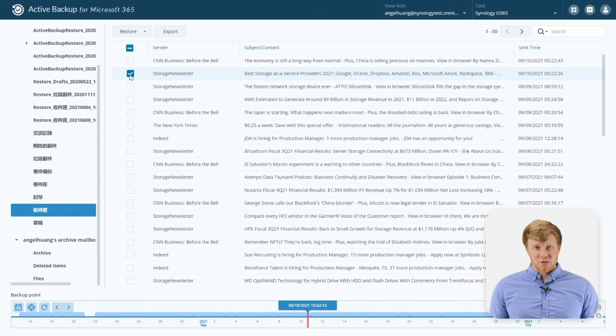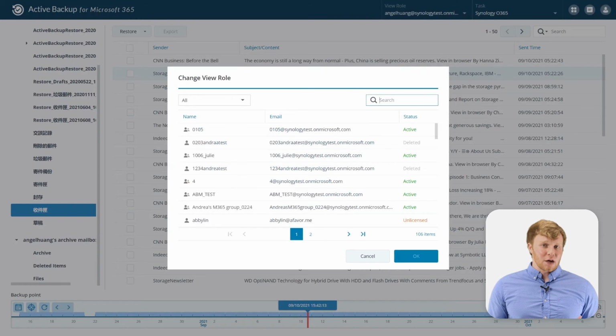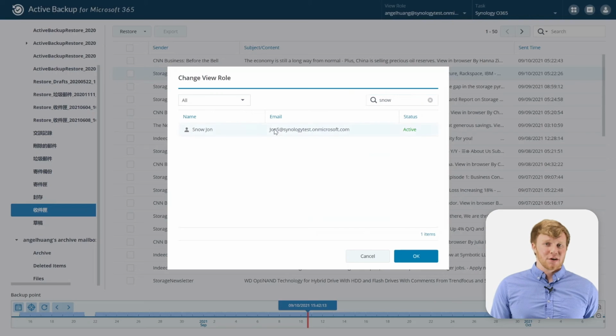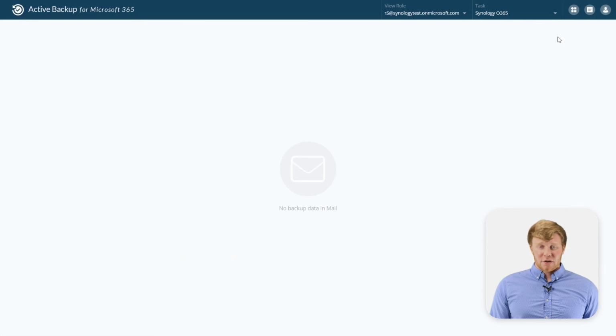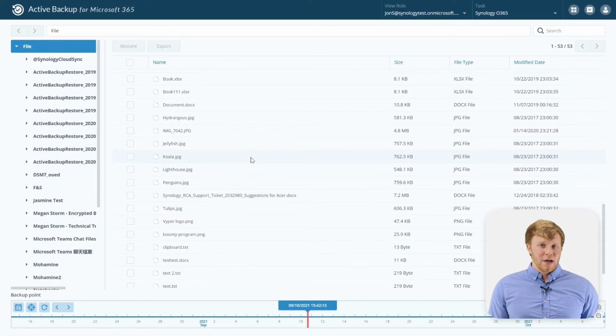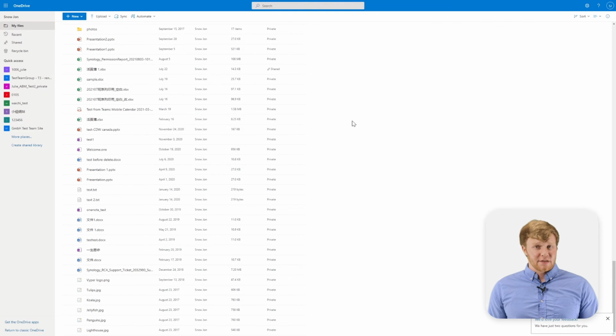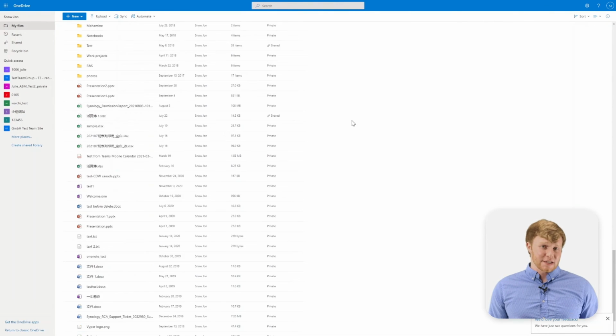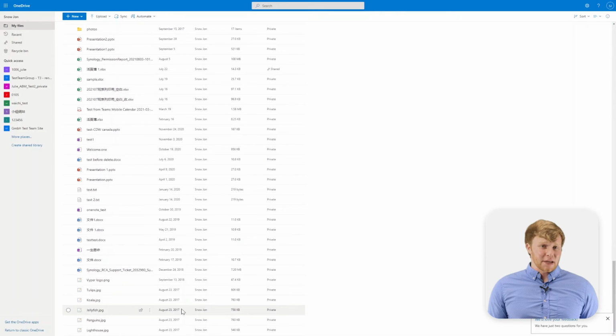Now we're actually going to switch users here. We're actually going to log into Jon Snow himself. Yes, that Jon Snow actually has his own Microsoft 365 account. And so we're going to go to the OneDrive files for Jon Snow, and we're going to scroll down here to the bottom, and you'll see a list of some pictures here that I have. In particular, we're going to focus on this picture of a jellyfish. So we're actually going to hop into the 365 account for Jon Snow. So this is the exact same folder that we're backing up right now. And so you'll see here is that jellyfish picture.